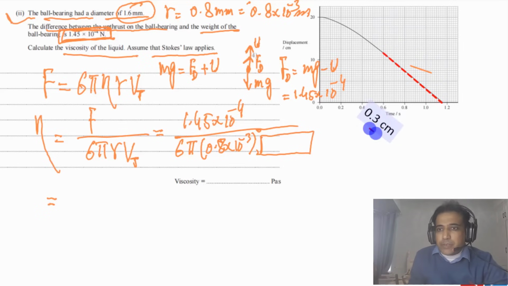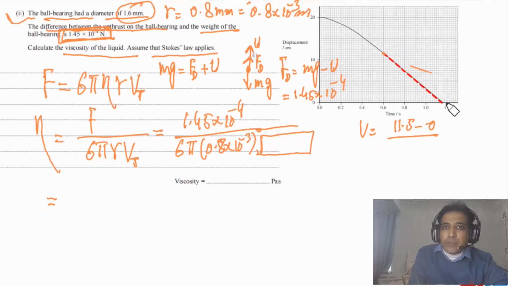So from here, simply we can calculate the value of V. V will be equal to, at this point we have a displacement of about 11.5, and here displacement is equal to 0. We have the value of time here, and here. The value of time here is 1.15, and here the value of time is 0.6. Then if we solve this one, we will get